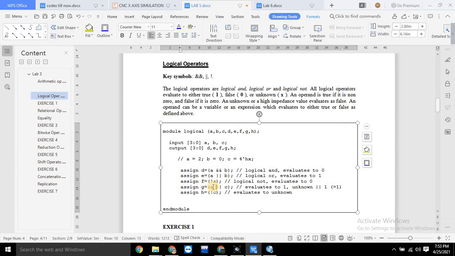is, if we are comparing A and C, A is 1, which is a signal that is present. When 1 is compared with the unknown signal, no matter whether the other signal is present or not, it will evaluate itself to 1. And if this A signal was not present, it would ultimately give unknown, because then the dependency would go on C, on its presence and non-presence. Now the dependency has been fulfilled by A, so this will give 1.